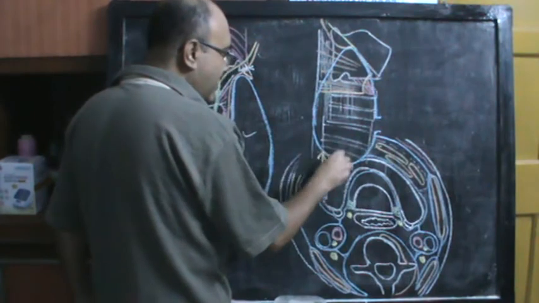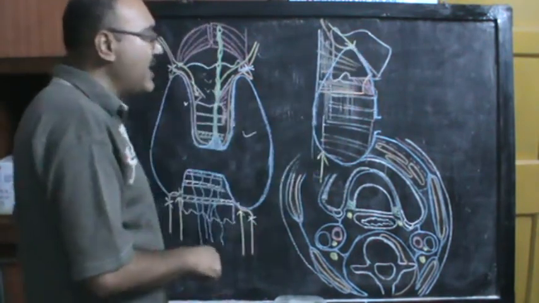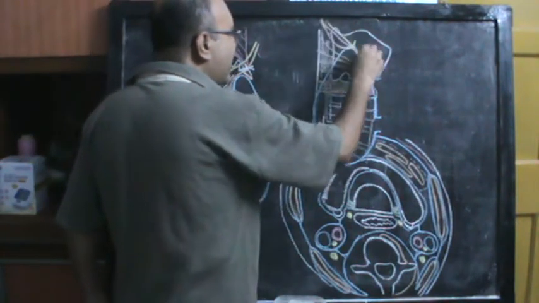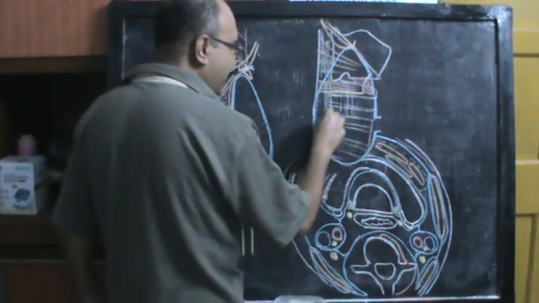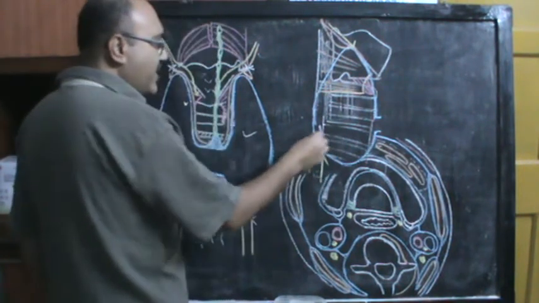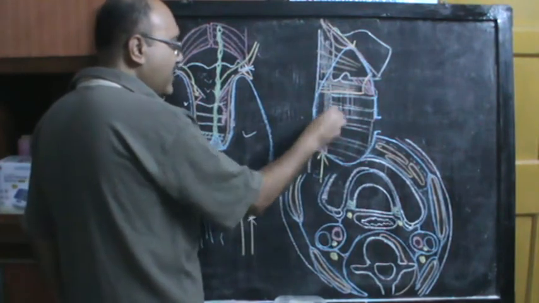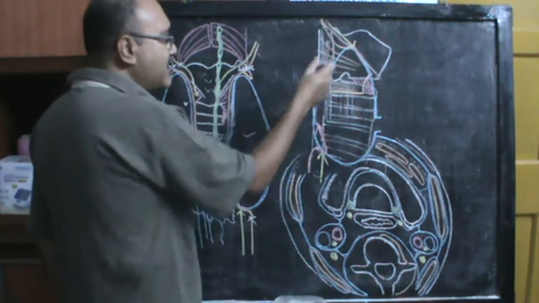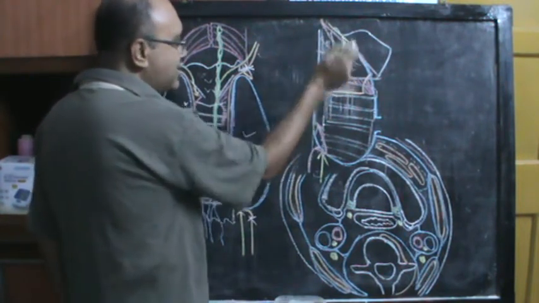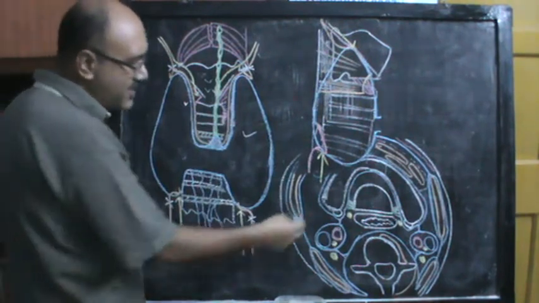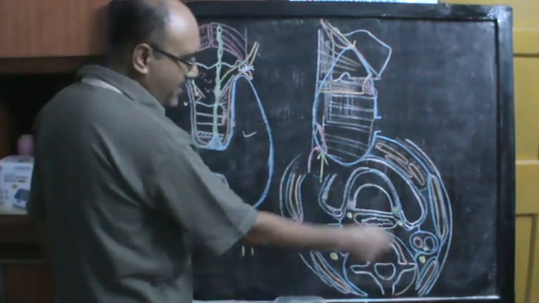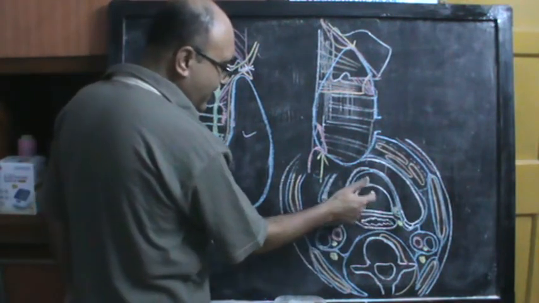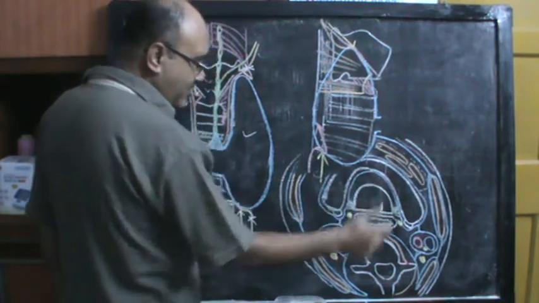So in the tracheoesophageal group you have the external laryngeal nerve and the recurrent laryngeal nerve, and you have the superior thyroid artery and you have the inferior thyroid artery. So superior thyroid artery and inferior thyroid artery, external laryngeal nerve and recurrent laryngeal nerve, larynx and trachea, pharynx and esophagus, and two muscles, inferior constrictor and cricothyroid. So these are all the relations of the medial surface of the lateral lobes of the thyroid gland, and you can see this. Both you can see part of the esophagus and you can see part of the trachea. So trachea and esophagus are both there.